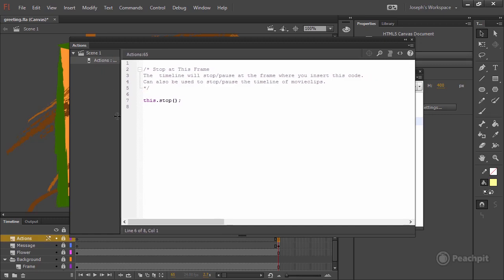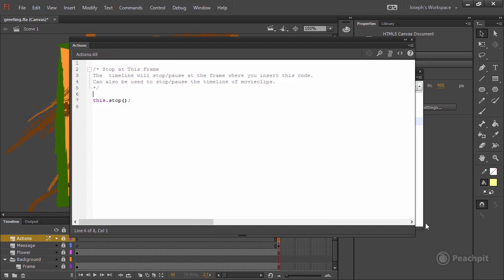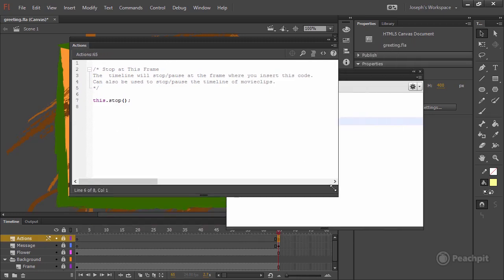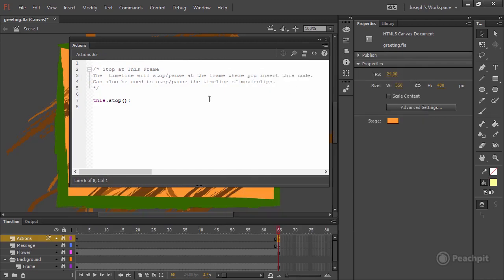We're only dealing with our code in one spot, so let's just collapse that and have a look at the code that we have. You'll notice the code right here. It says this.stop. This is going to refer to whatever object we're currently on. Here it's the main timeline, so it refers to the main timeline, the stage. It's saying stop right here. Stop refers to the playhead, and it's telling the main timeline that we want the playhead to stop on frame